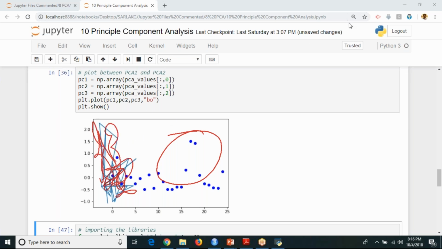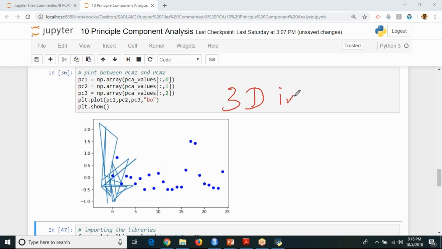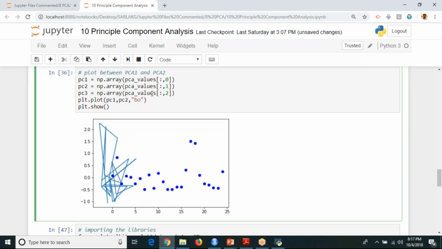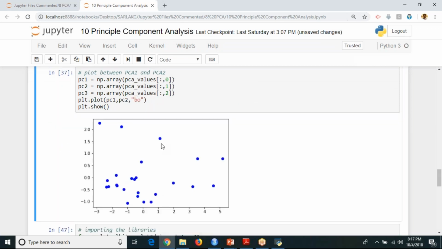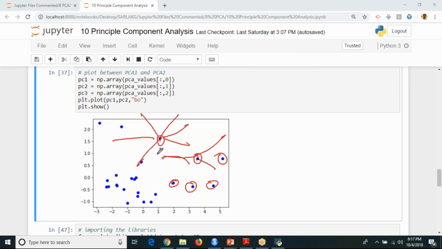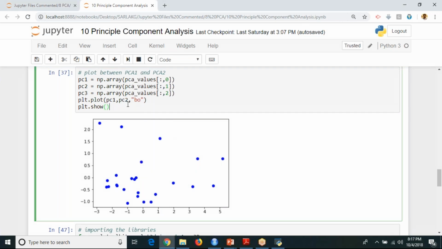So in order to do this, we need to plot 3D images. But forget about 3D images as of now. Just take PC1 and PC2 into consideration. This PC1 and PC2 indicates this is one university, this is another university, this is another university, like this. Each university will have all the 6 columns. So that is what your PC1 and PC2 are. If you want, you can add this to your original data set and display your university names. That is a separate part.